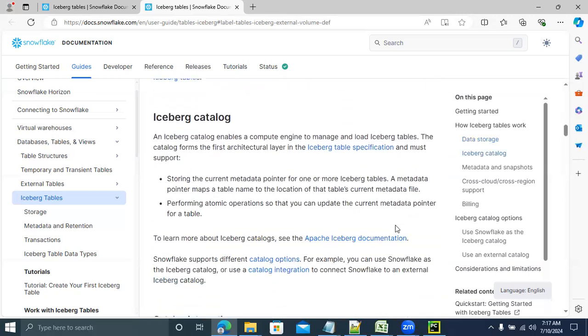Now I'm going to discuss the Iceberg catalog. You guys are new to this Iceberg catalog, right? Before going to the Iceberg catalog, I want to discuss a few things about the data lake. A data lake is nothing but a centralized repository.